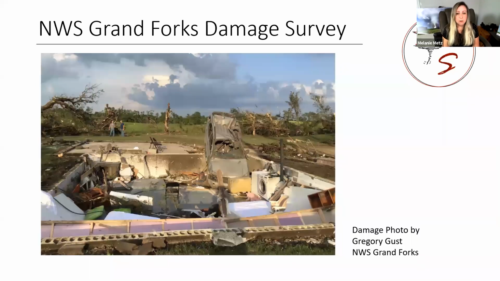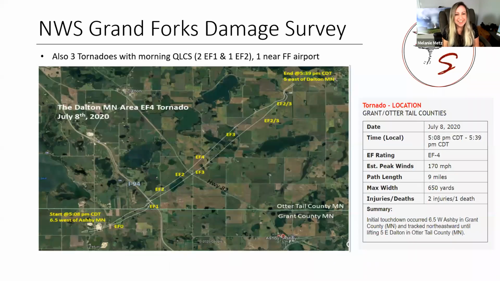So this tornado, it was interesting on this day. If you want to go, can you go back to one real quickly? I want to mention that earlier in the day, on this day, there were 3 tornadoes in the same area near Fergus Falls, Minnesota. And I was surprised when I heard about this because it's not a typical thing, first of all, to see many tornadoes early in the morning. And it was pretty early.